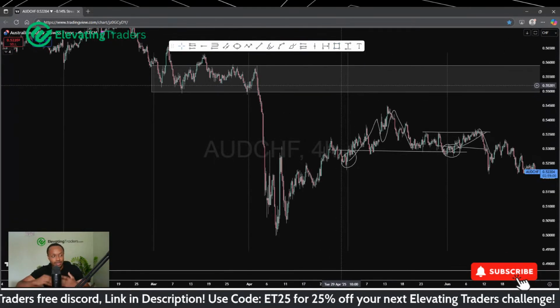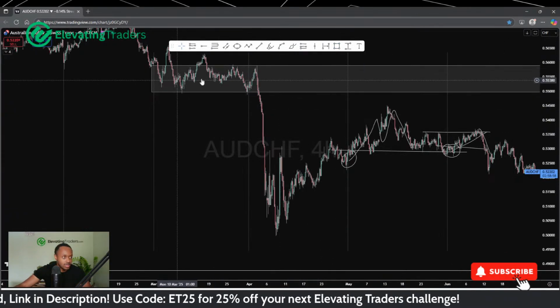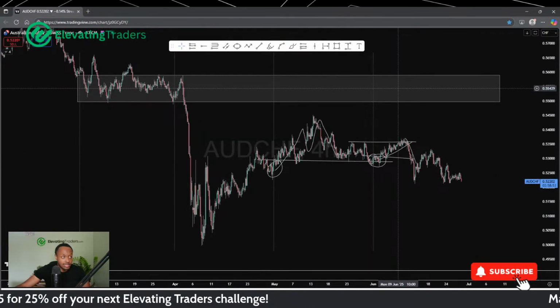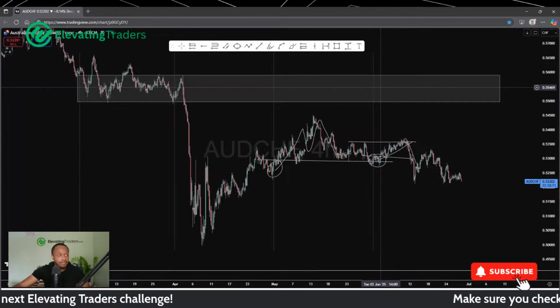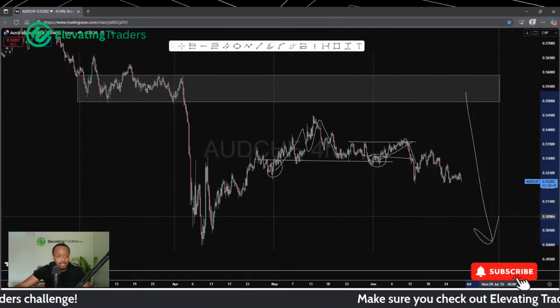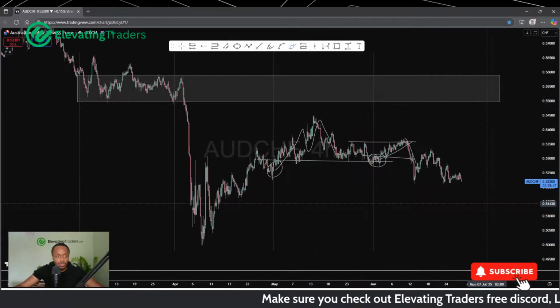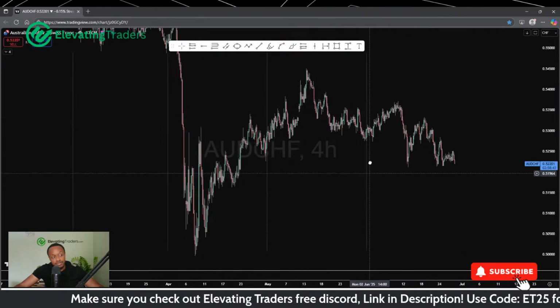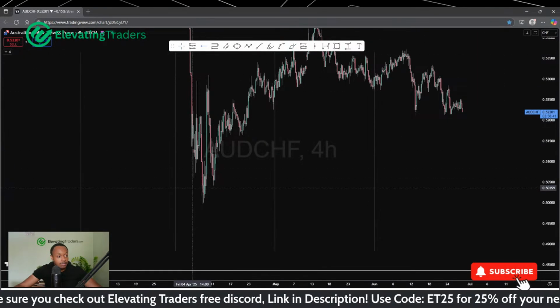I would expect price to be attracted to that level because we did consolidate and then had a massive sell-off. So naturally, I think there'll be a lot of sellers waiting for price to get there again, if we are going to continue this journey to the downside. But looks like we didn't need to do that in the end, and price is already looking pretty bearish. And maybe we are going to push back to lows here. Maybe we are.